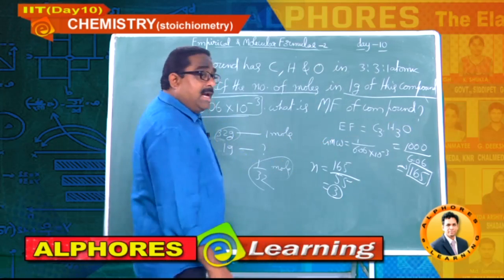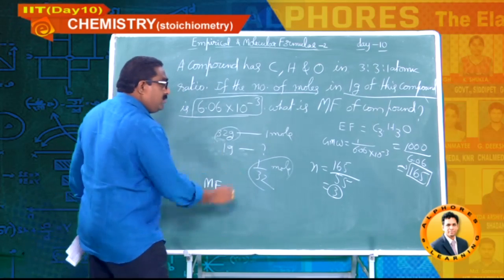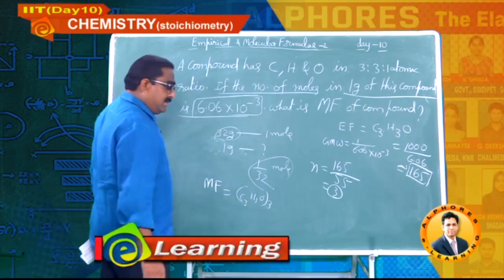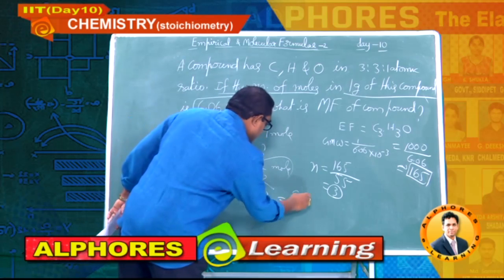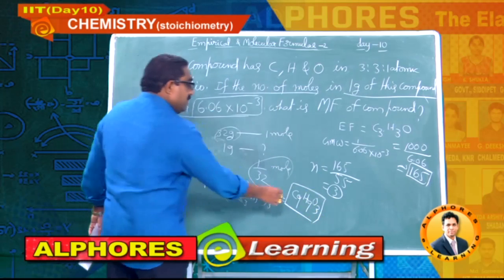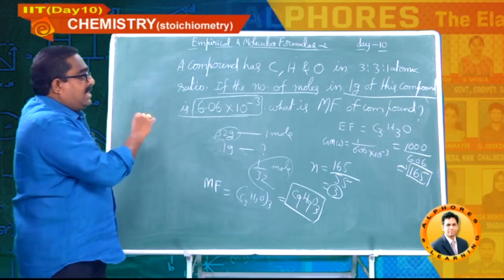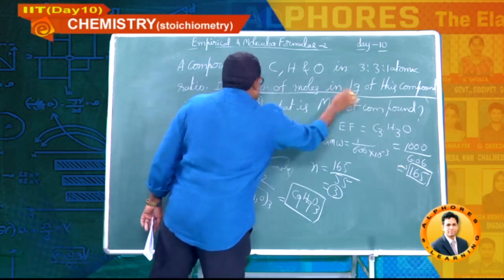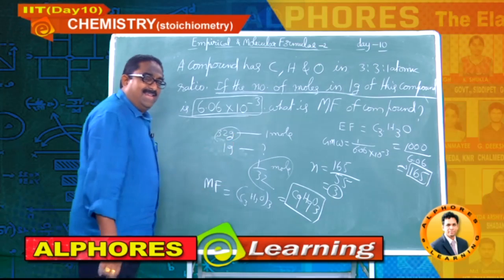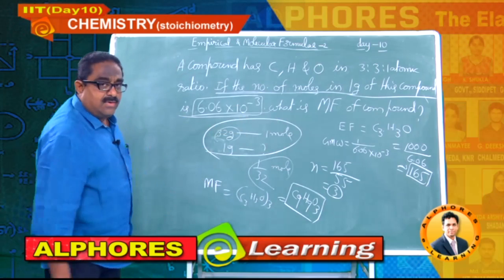So finally I can report the answer. See, I am writing the answer here. Molecular formula is equal to C3H3O taken thrice, and finally you can report C9H9O3. So that is your final answer, dear students. So this is a simple logical approach of molar mass, the fundamental concept. Simple. Okay. Note down this, students. This is just an example I have written here. This is actually our solution.